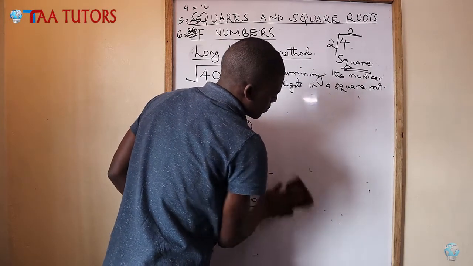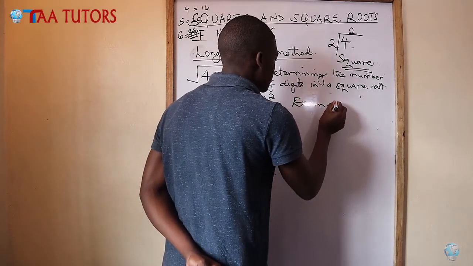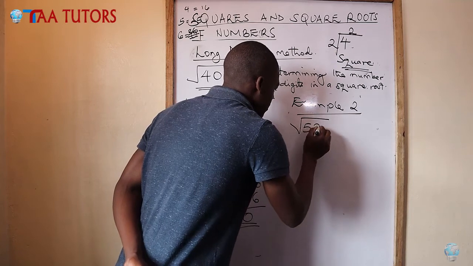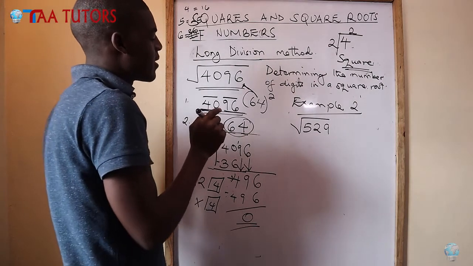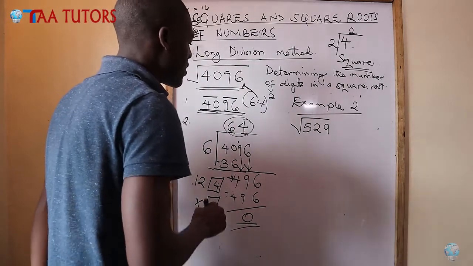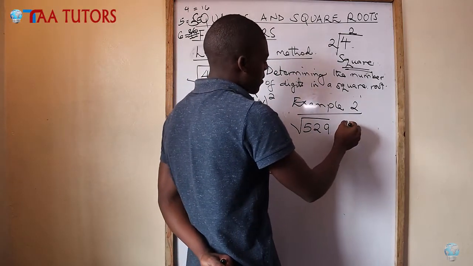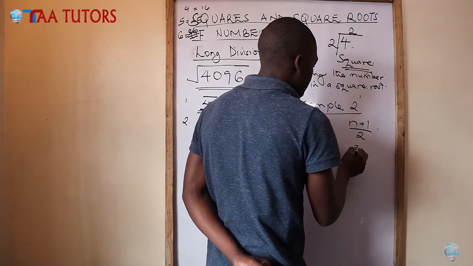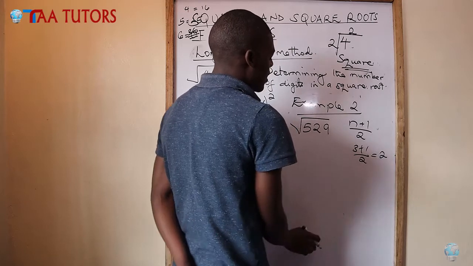That will be example 2. We have this. We are supposed to determine the square root of 529 through long division method. We do it this way. We can first determine the number of digits in the square root by using n, because these are 1, 2, 3, so we will have n plus 1 over 2. That is 3 plus 1 divided by 2 to give us 2, because this is 4 divided by 2 giving us 2. Now through long division,